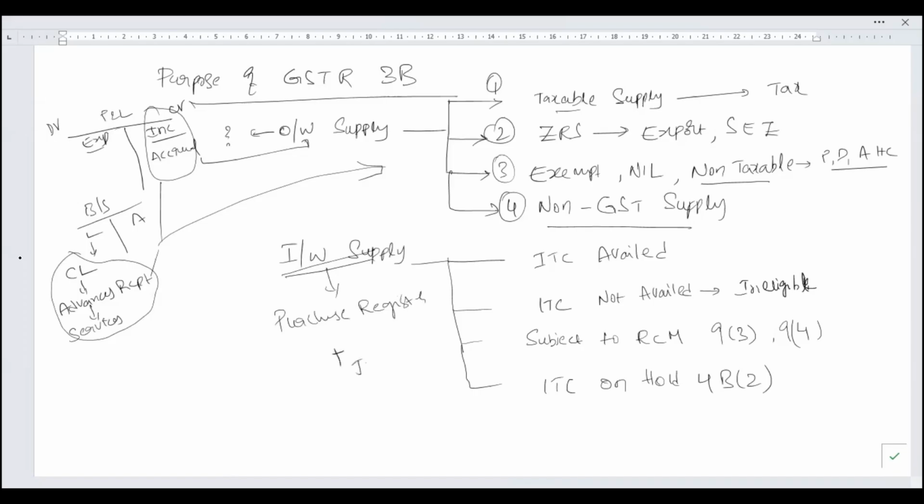Plus your journal vouchers, all on account of your expenses. Whatever expenses I'm going to record, there we need to analyze. Now,